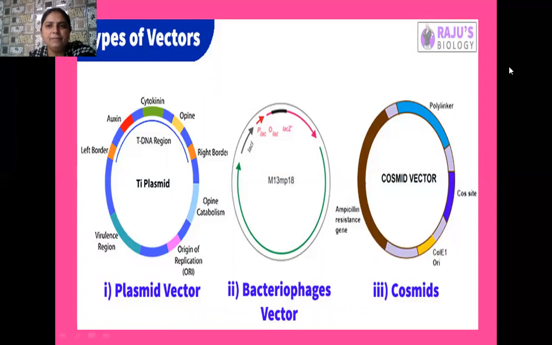Okay, students, so you have to study your chapter up to this topic, and I am quite hopeful that the things are clearer to you. After this, we will study what special features should be present in a cloning vector, so that that particular cloning vector can work efficiently.